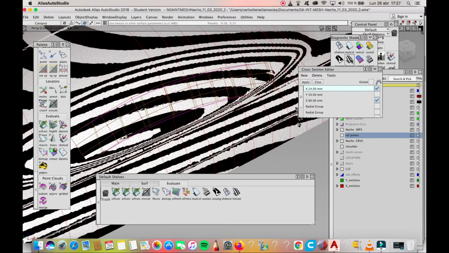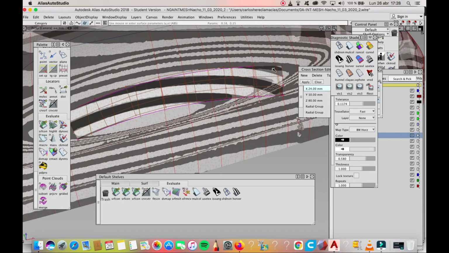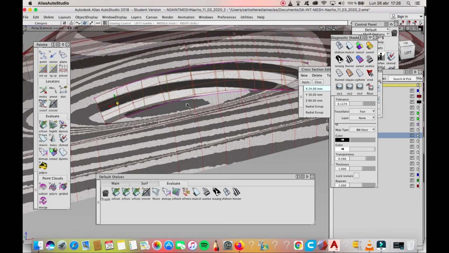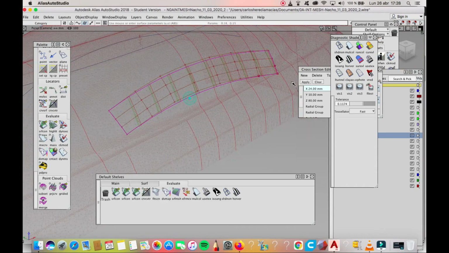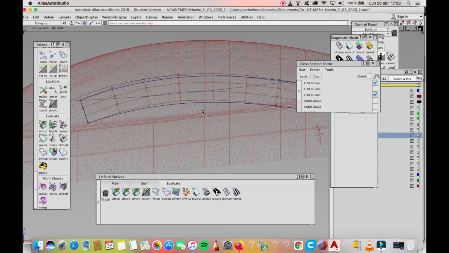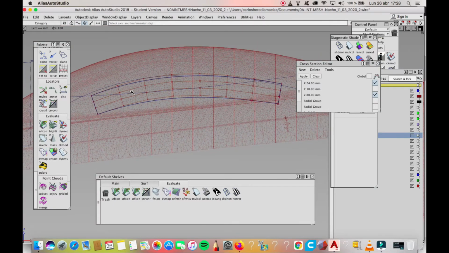We have proper highlights too, so maybe refine them in this area as we've done, and here they're looking good too. So I'm going to get rid of the sections, and finally I'm going to go to side view, and as you can see we have